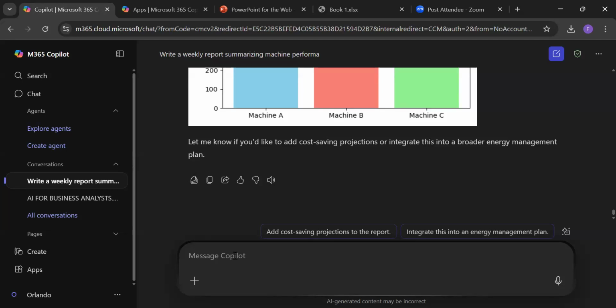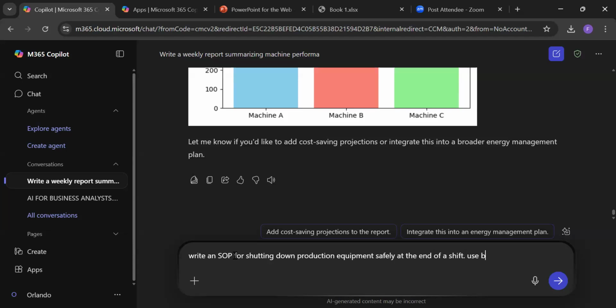So I can let AI write an SOP for shutting down production equipment safely at the end of a shift.